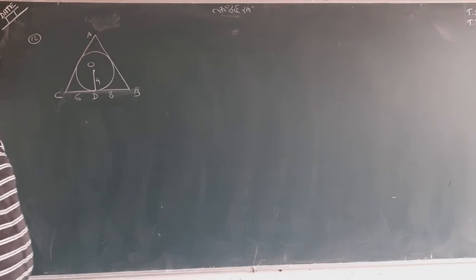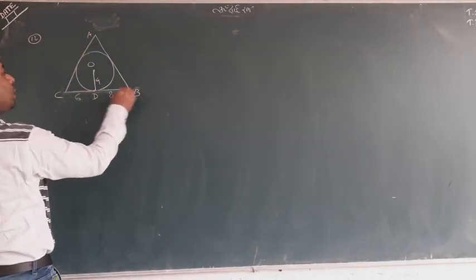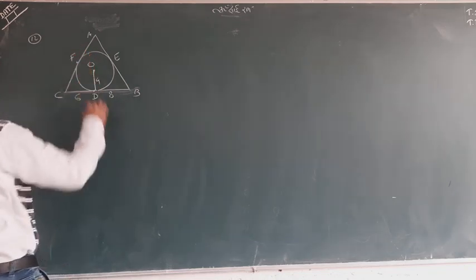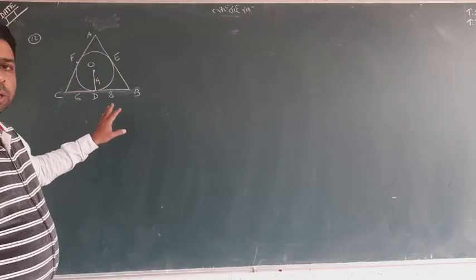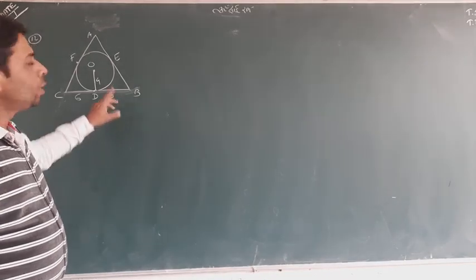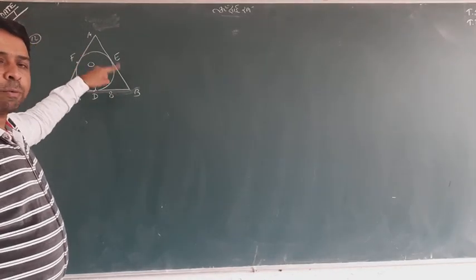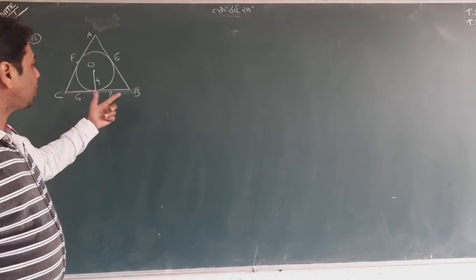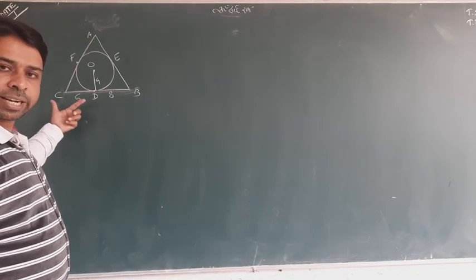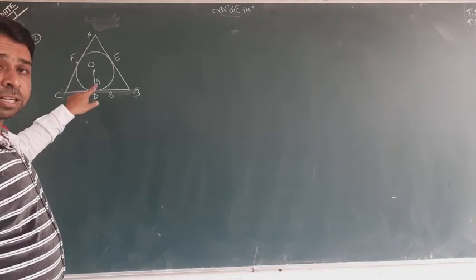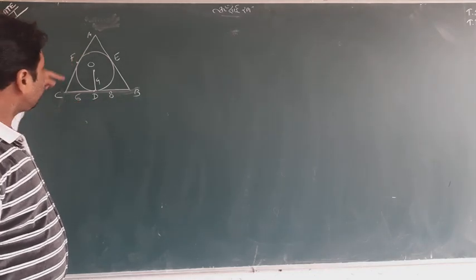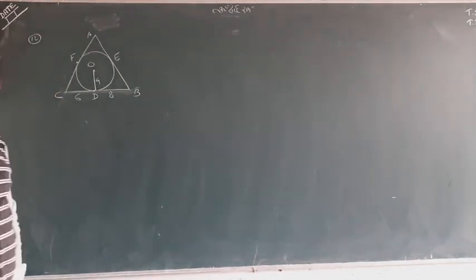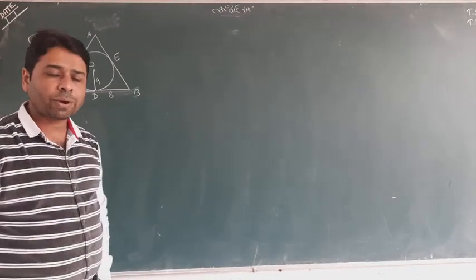Let me speak something about that. Suppose A, B, C, D. We suppose this is E and we suppose this is F. Now the picture is very clear to you. Again I repeat that a triangle which is circumscribed about a circle, and the point D divides BC in such a way that one part is 8 and the second is 6. You can also write here 8 and it is 6. No matter. We have to find two lengths, AB and AC. So how can we find this?